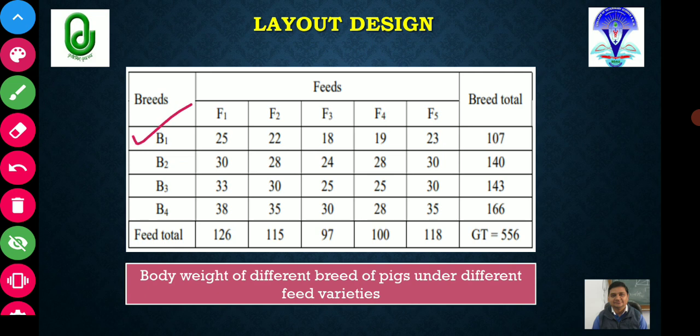So your group was B1 and your number of treatments was 5. So the experimental material was 5 for each group. This is how we are deciding the number of experimental material as well as the number of groups. So I hope this layout of RBD is clear to you. It is very important to understand the layout of RBD or any design of experiment. Once you draw the layout and understand it, the actual analysis will be very easy.